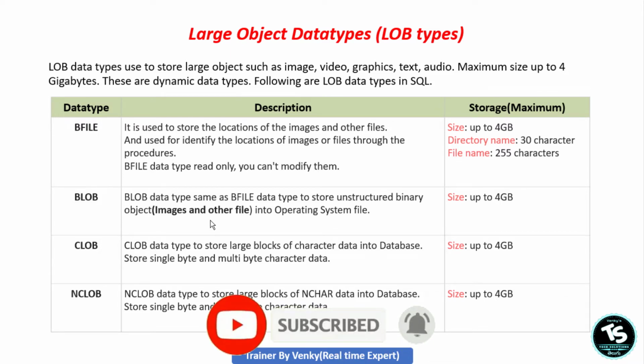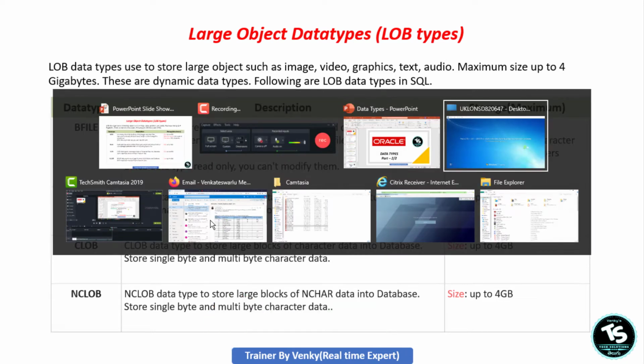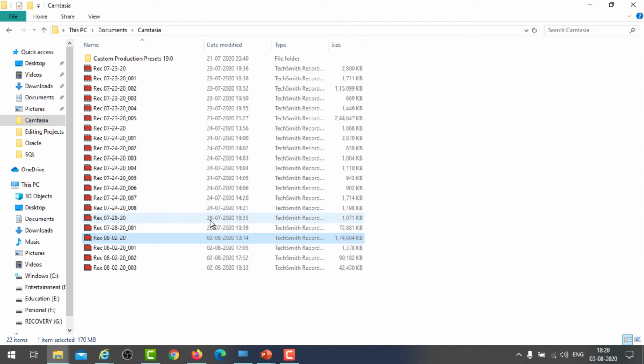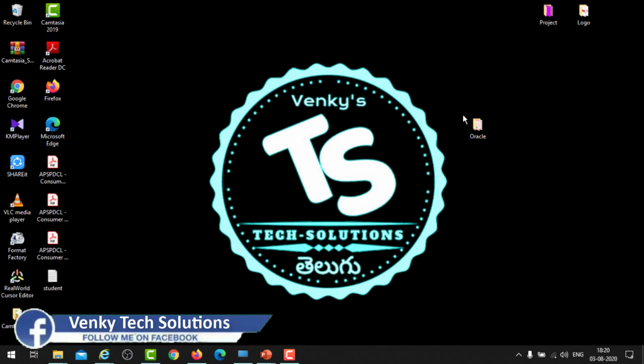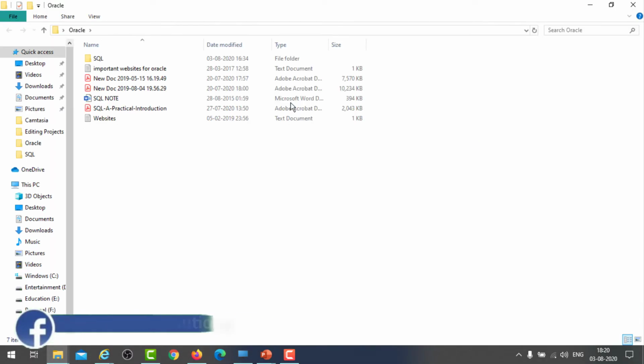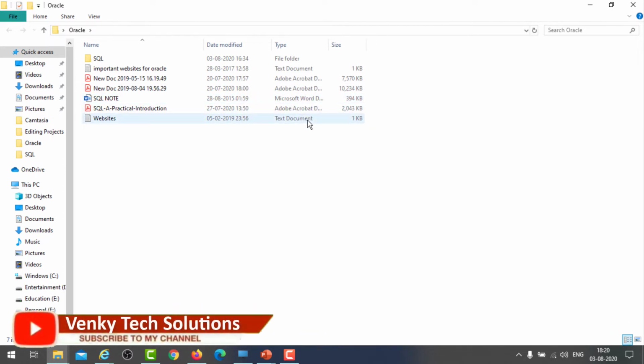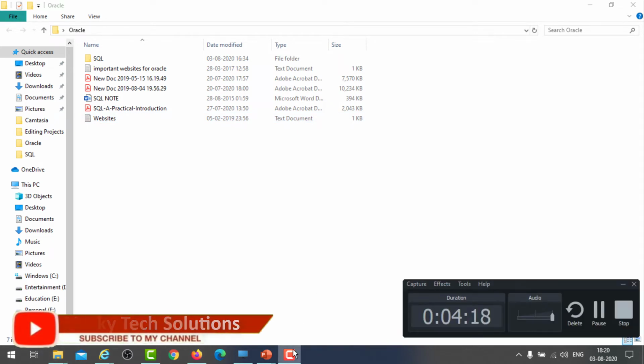If you want to save any of these files in the database, you must use BLOB.